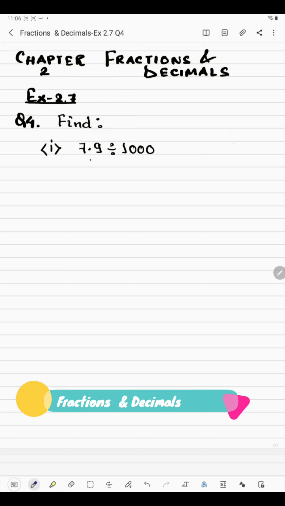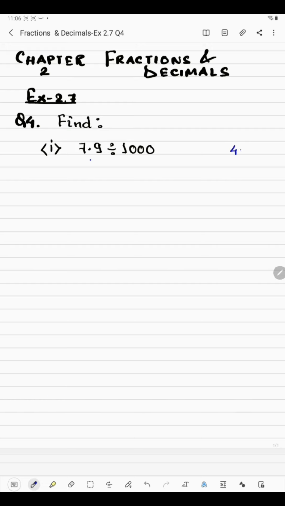Like what we have done in the previous question, when the decimal number is divided by 10, the point will be shifted one place. So the point will be after 4, meaning before 4, so the point will be shifted to the left, so it will be before 4. Okay, so the answer will be 0.46, right?